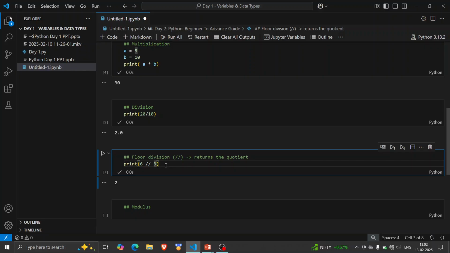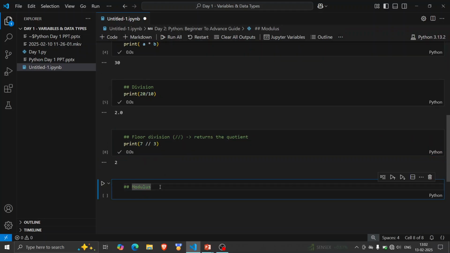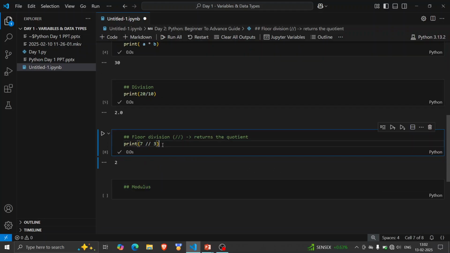Let's say I put 7, in this case what will happen? 3 multiplied by 2, it can go up to a maximum of 6, so the quotient will again be 2. But modulus is the opposite of this. It gives you the remainder.